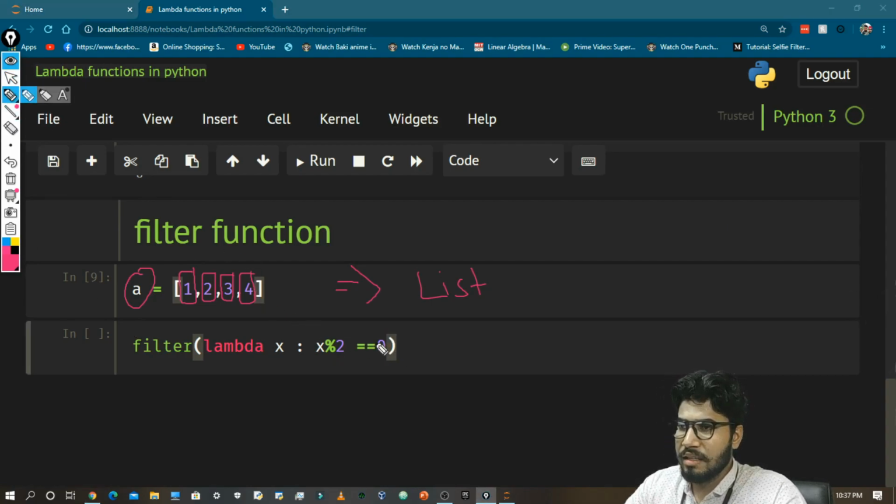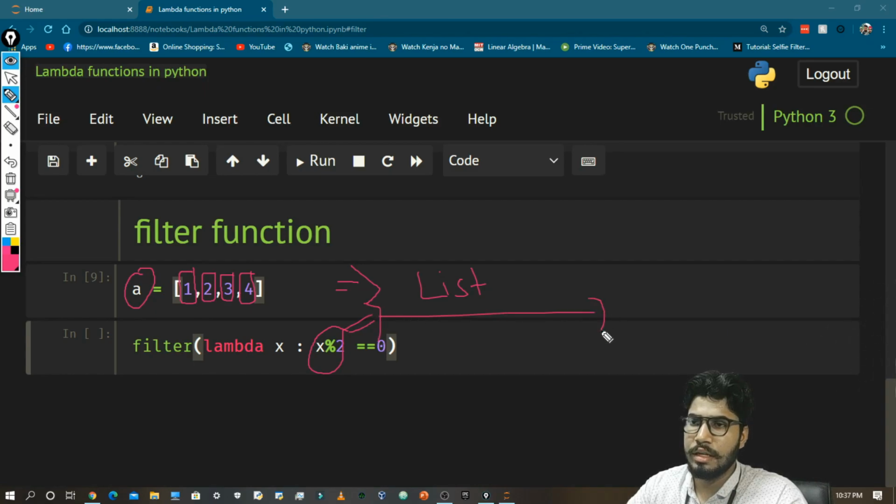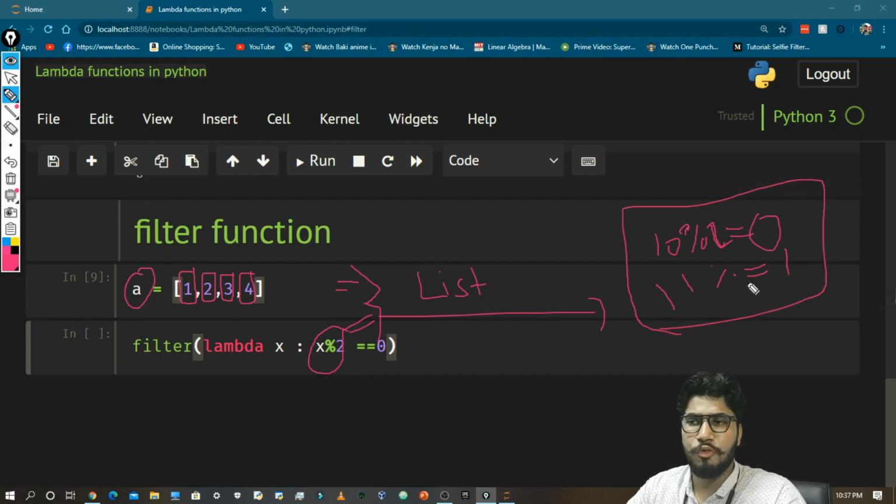So guys, what this does is that it gives you the remainder. So let's say 10 modulus 2, the remainder would be 0. And if it is an odd number, 11 modulus 2, then it will give me an answer of 1.